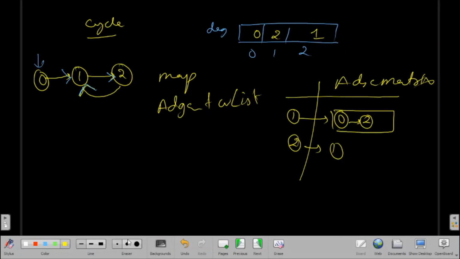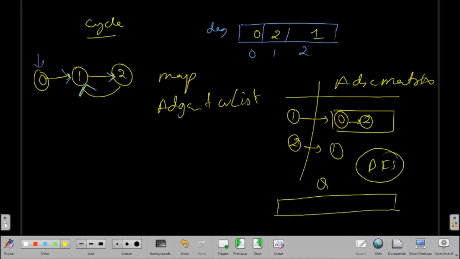After that, we'll maintain one queue, because we are using BFS here, BFS with topological sort. So we'll come here and check in this degree array, is there any value 0? We'll see yes.